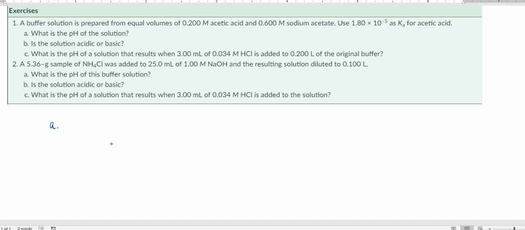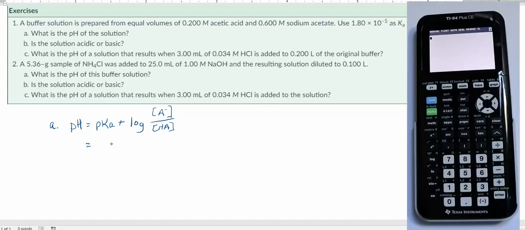We're going to use the Henderson-Hasselbalch equation here. So pH is going to be equal to the pKa plus the log of the concentration of the conjugate base over the concentration of the weak acid. Now from here we just plug in what we need to and solve. So the pKa, you need to take the log of 1.80 times 10 to the negative 5th. You should get 4.74